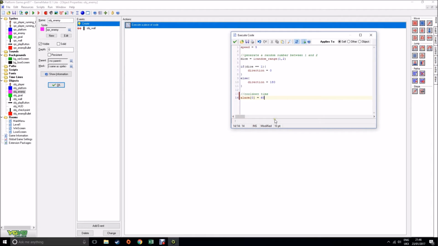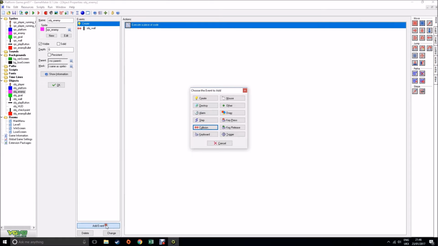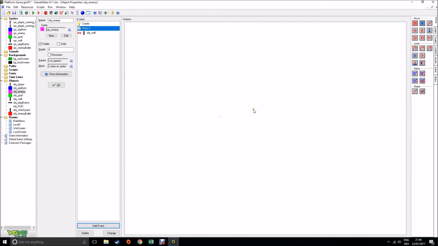What we do need is a record of whether we can shoot, and that's going to do this. Normally I test these things before I go, but this time I just thought we'd give it a try. I'm starting to regret that decision. So alarm 0 equals 60. Okay. When alarm 0 happens,